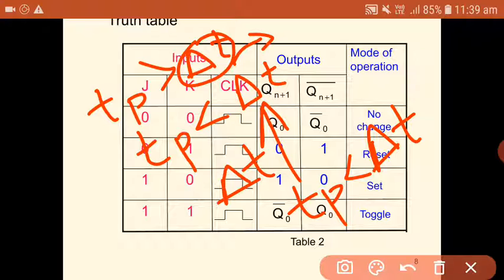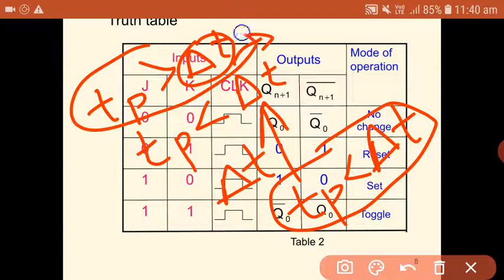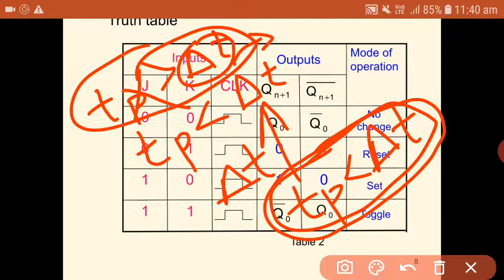Since the complementary clock pulse is applied to the slave JK flip flop, what will happen? The duration for which the input is traveling to the output will increase. That means propagation delay will be increasing. So overall this condition will be satisfied and the other condition will not be satisfied with the help of master slave JK flip flop. So the truth table of JK flip flop as well as master slave JK flip flop will be similar, but what is the condition here? Master slave JK flip flop should satisfy this condition.